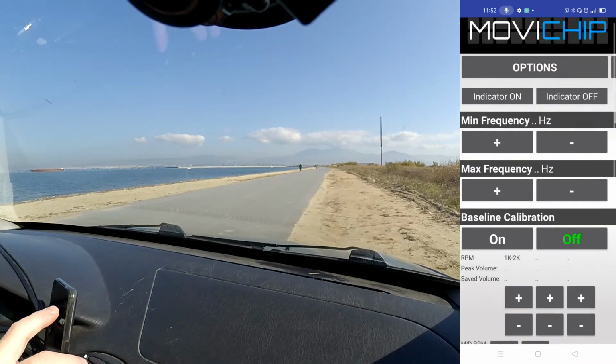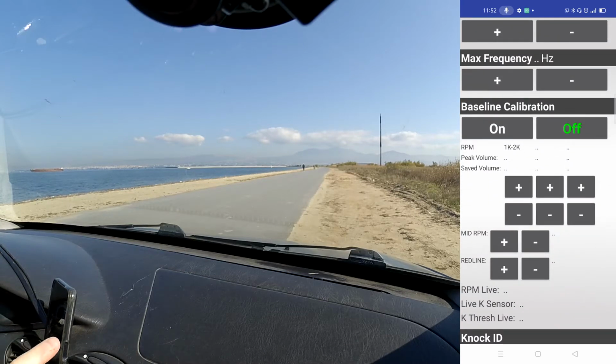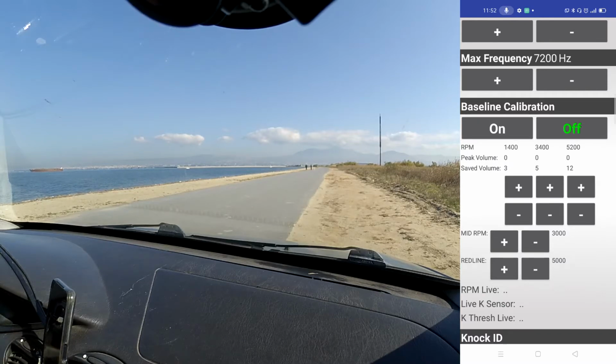So we go into the app, we open the options menu, we come down to the baseline calibration menu. At the moment I've already got the saved volume. The saved volume is the threshold above which counts as knock. So we're going to do this process from the beginning. I'm just going to set the saved volume to a high number